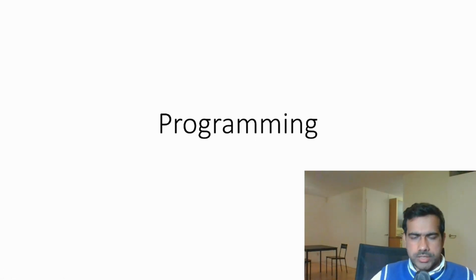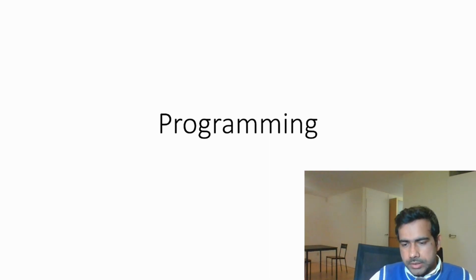So I'm going to talk about the history of computer programming. The history dates back to the 19th century, and a lot has happened in the last 150 years to computer programming. I'm going to discuss how it all started and what programming was like many years back. Things have changed quite drastically.